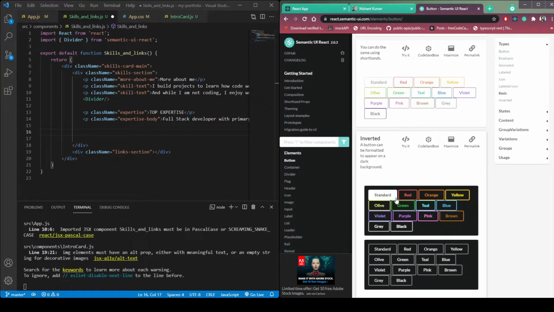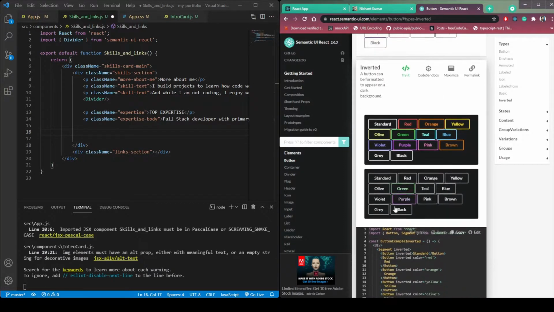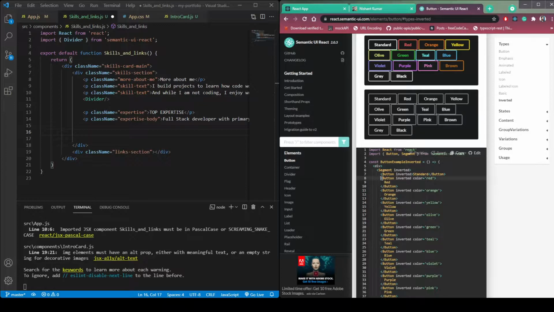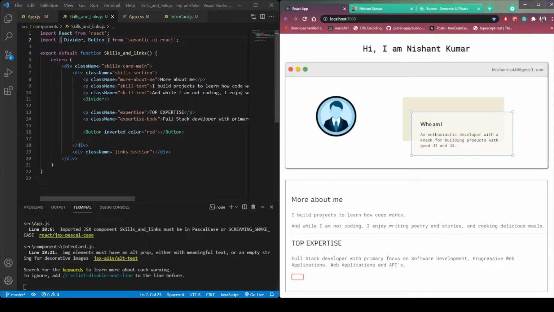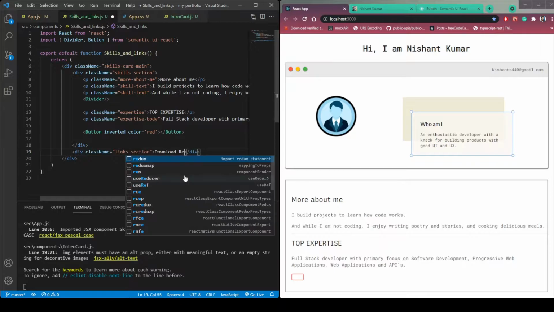Inverted, okay, this one. Copy this, button inverted red, and paste it here. Also import it from Semantic UI at the top.